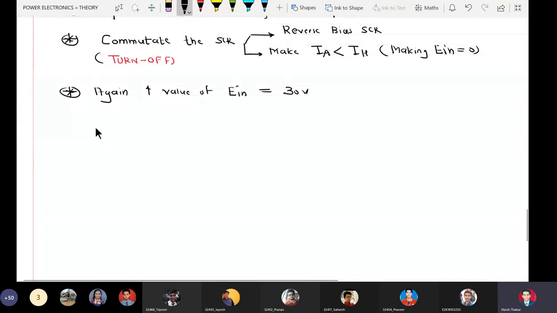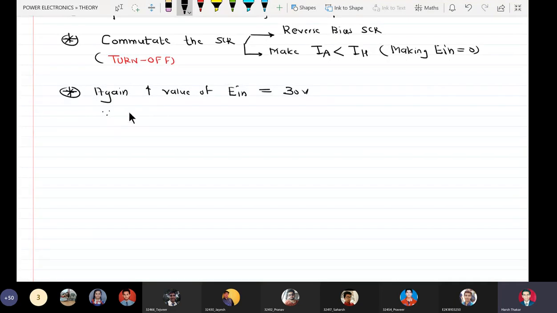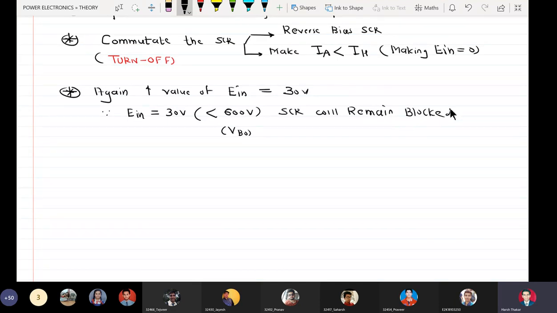Since E in is equal to 30 volts, which is less than 600 volts or VBO, the SCR will remain blocked, because gate drive has not been applied.